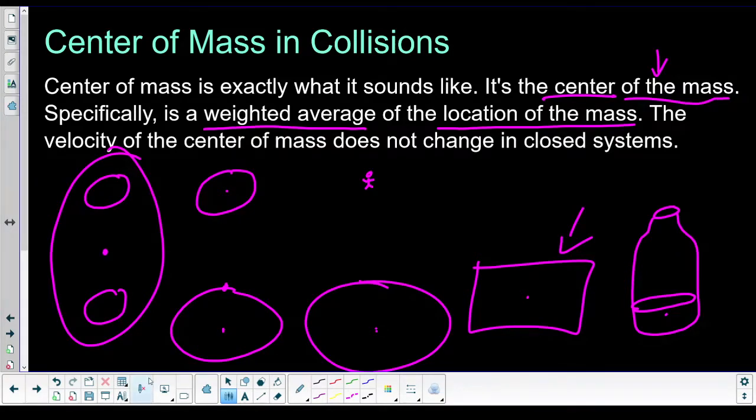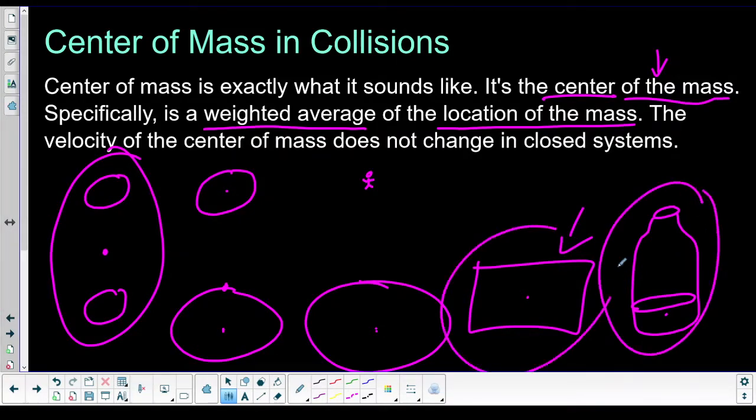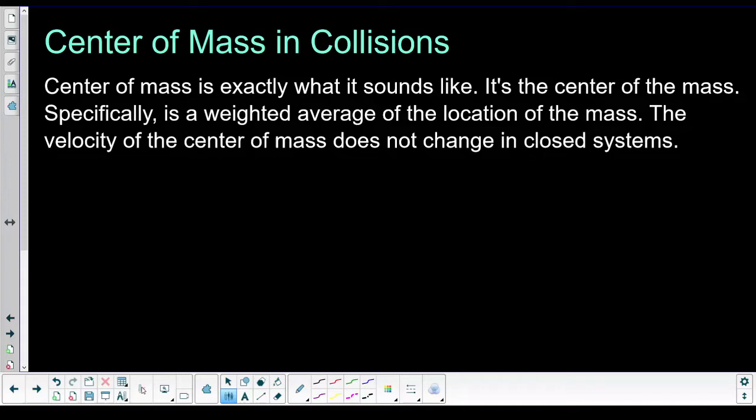Okay. It can be inside of an object like these, or it can be floating out in space, not connected to any physical thing. The center of mass is like a mathematical object. It's not a real thing, it's a location. And so it's the location where you're exactly evenly pulled on by all the gravity around you or something like that, right? We don't want to get too formal here because it's high school. It's not that serious. But that's what center of mass kind of intuitively is.